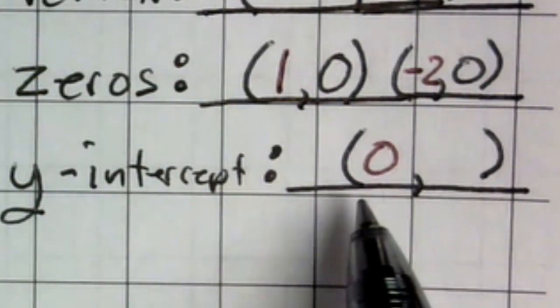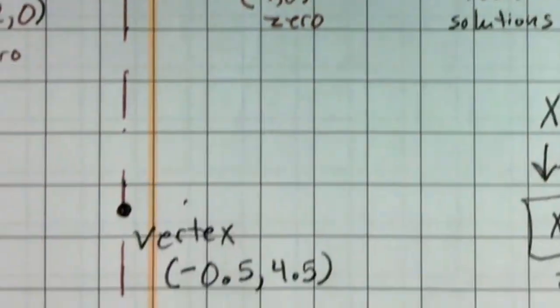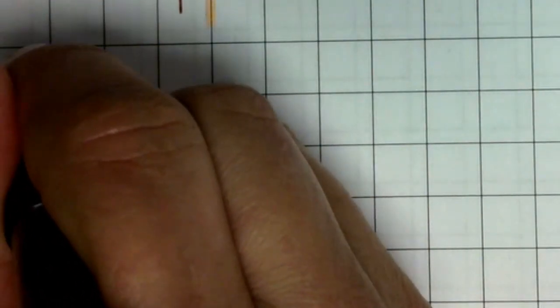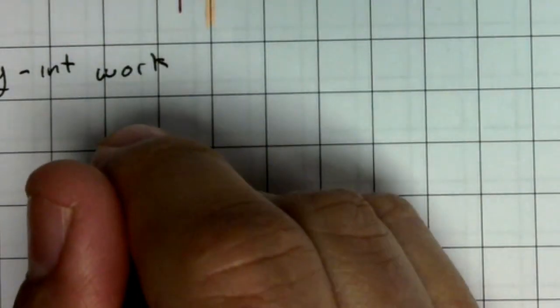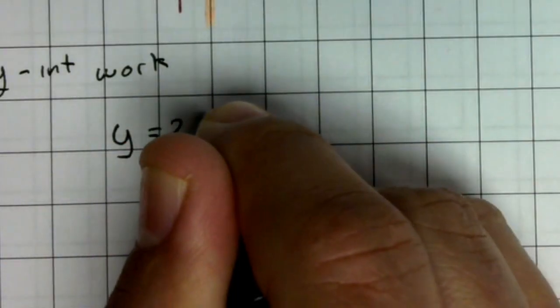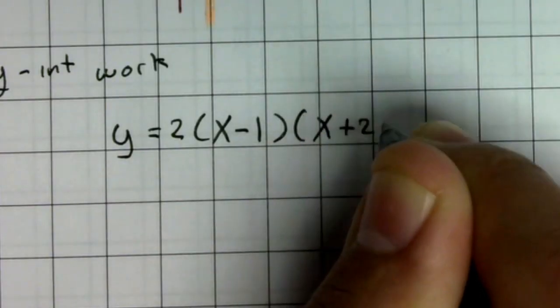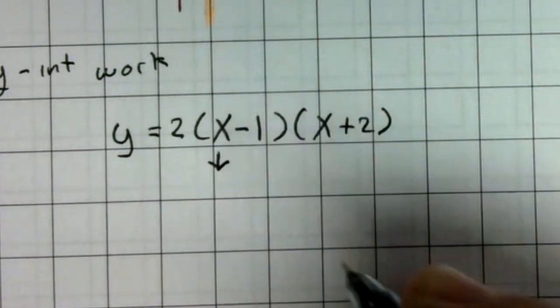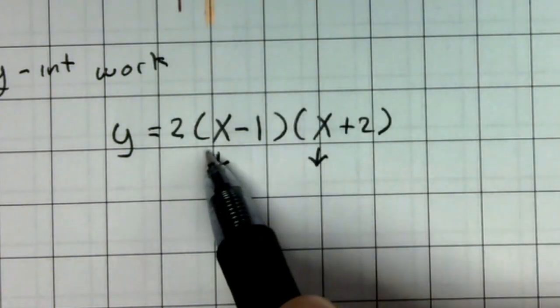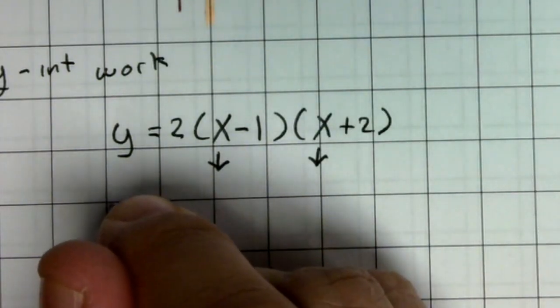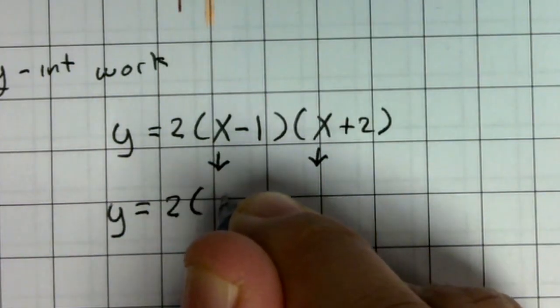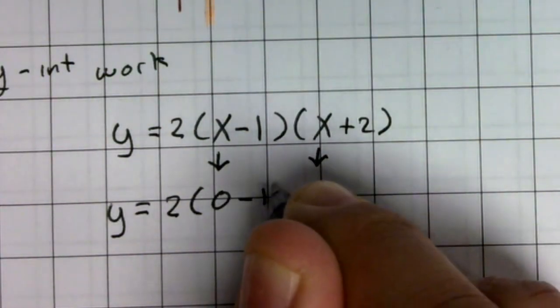And we're going to do that by substituting this x value into our original formula up here. So I'm going to do that down here. So let me move this back up. This is our work for the y-intercept now. So I'm going to put y-int work right here. Because your teachers, of course, they want you to show your work. So I have y is equal to 2 times x minus 1 times x plus 2. And we're going to replace these x's with a 0, because we want to know when x is 0, what is y. So I'm going to put y is equal to 2 times 0 minus 1